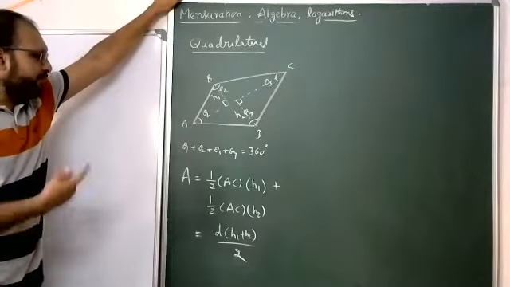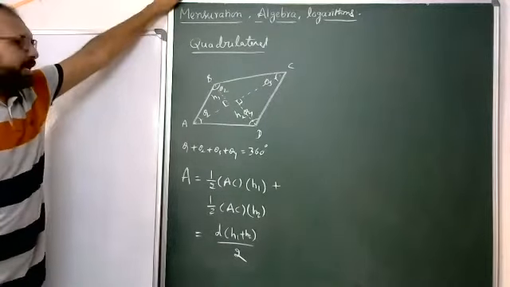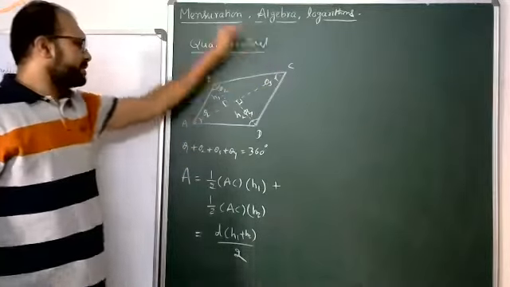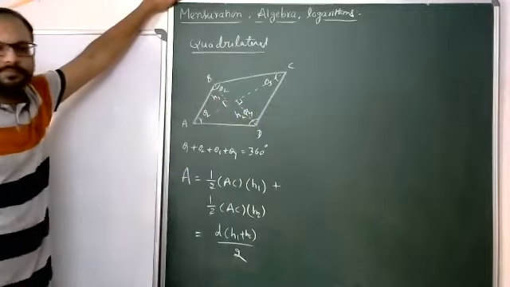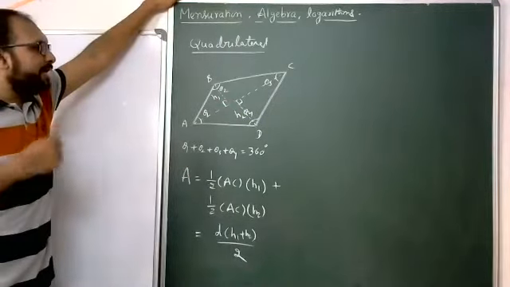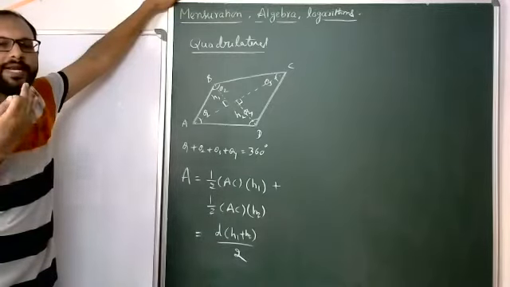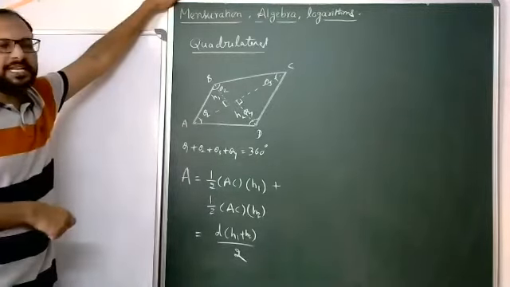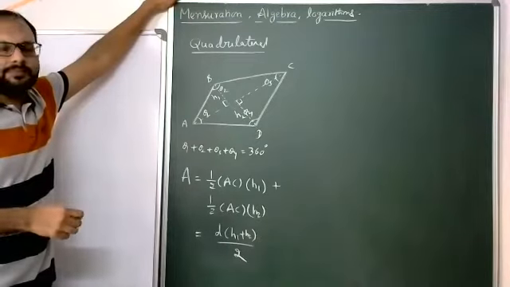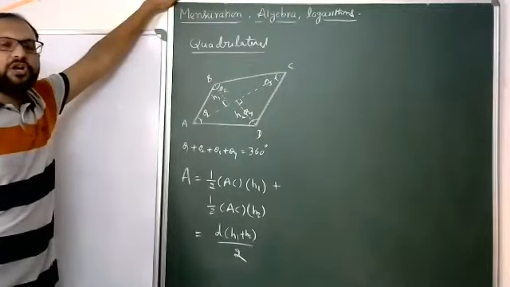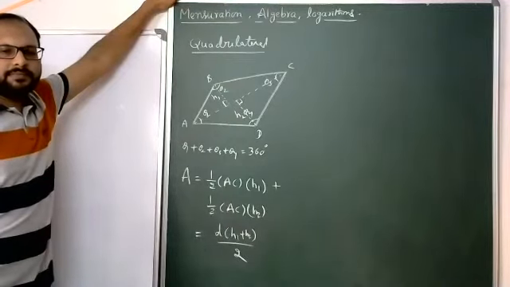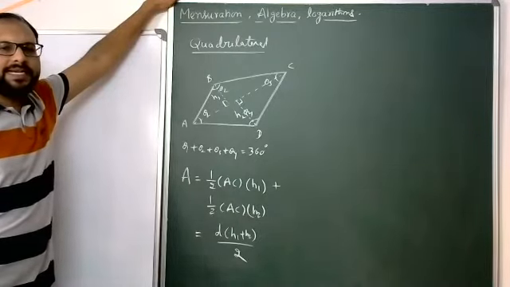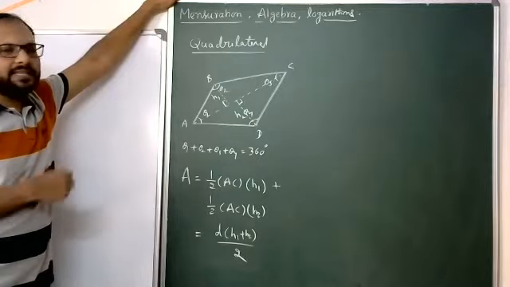So this is now the area of a quadrilateral. D is the distance from A to C, and from here to here is H1, from here to here is H2. In this quadrilateral, many different planar bodies are there, just special cases. These are trapezoid, parallelogram, rhombus, rectangle, square, kite. Like that, many are there.